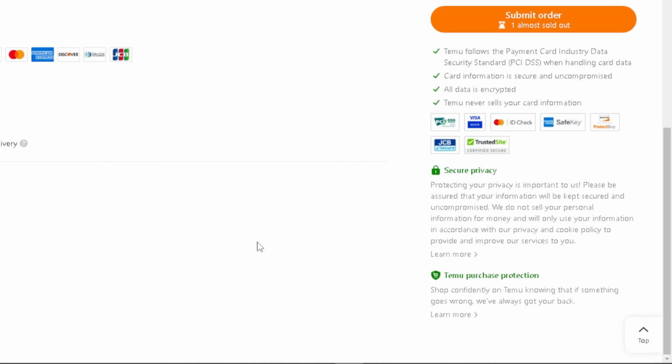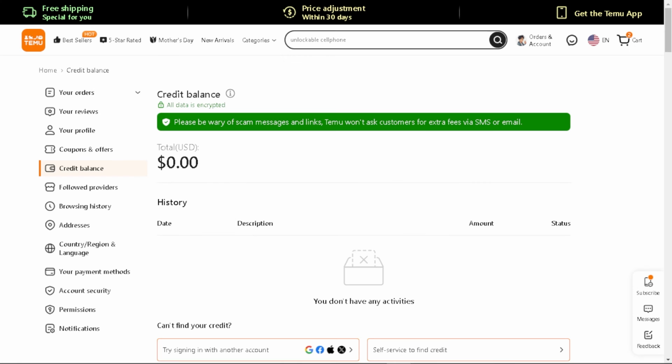Okay, so once you are here, you should be able to find the option for you to use your Temu rewards. Okay, so from there, when you select that, you would have the access to make your spending here a little bit cheaper, because you're going to use your rewards and it's like using your discount. If you can't find that option here, all you have to do is simply check the credit balance. Make sure you have enough balance for you to be able to spend here on Temu,